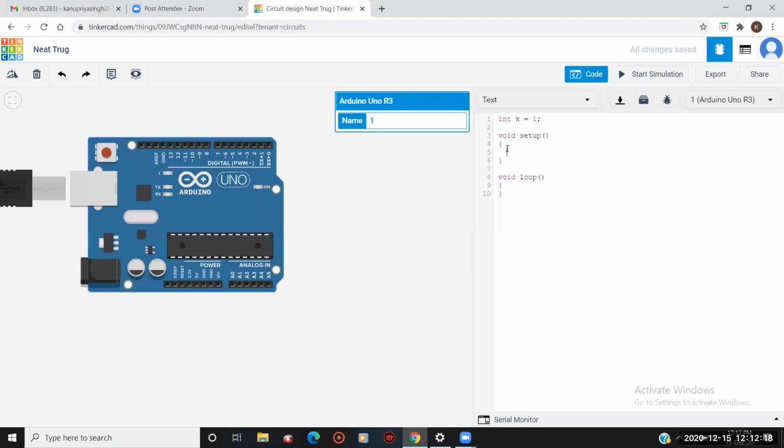Now I'm coming in the void setup. Here we are going to initialize our serial monitor, that on the serial monitor I'm going to use this. Just tell your controller that I'm going to use this serial monitor. So we have to inform it first, right? That I'm going to use you. Are you listening to me? I'm going to use you. So here we are going to write Serial dot begin,